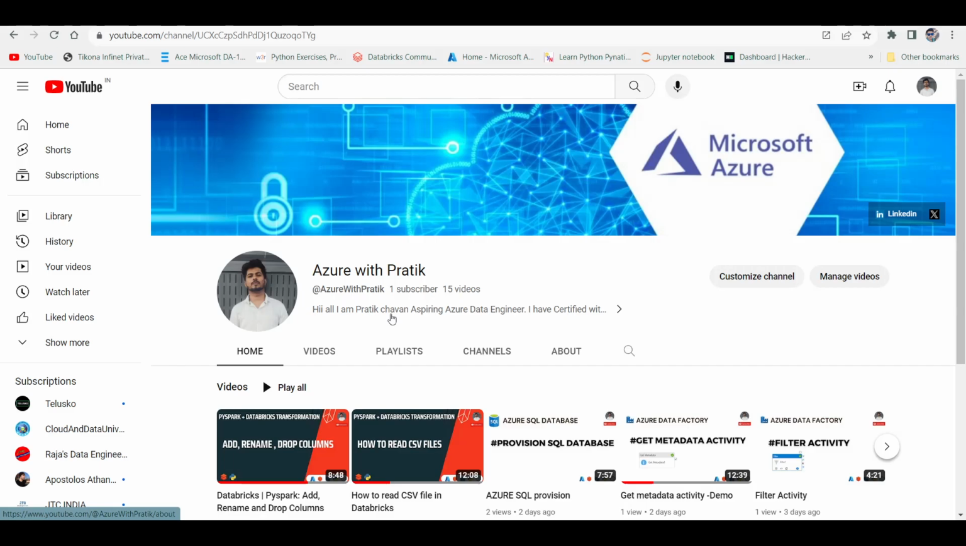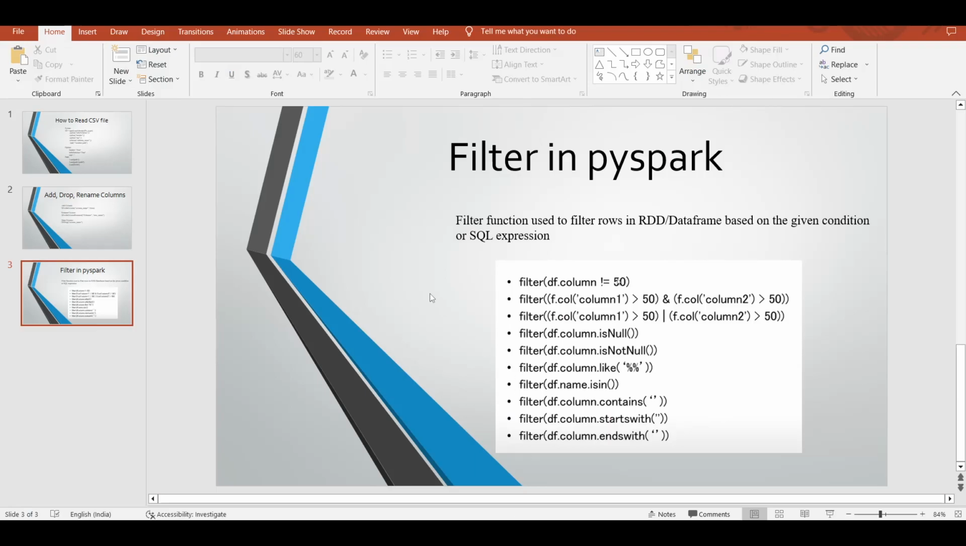So today we are going to continue our series PySpark plus Databricks transformations. Today we are going to learn how to use a filter condition in a data frame. So what is the filter in PySpark? The filter function is used to filter the rows in an RDD or data frame based on the given condition, like